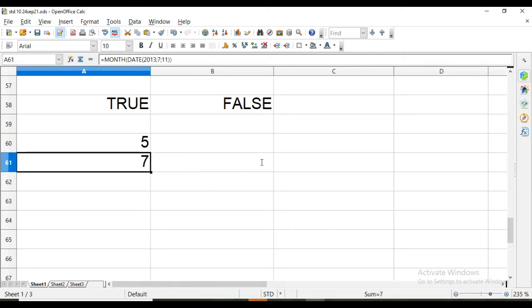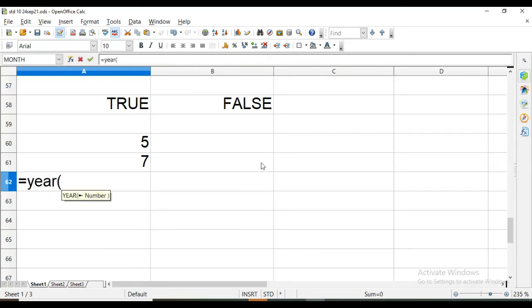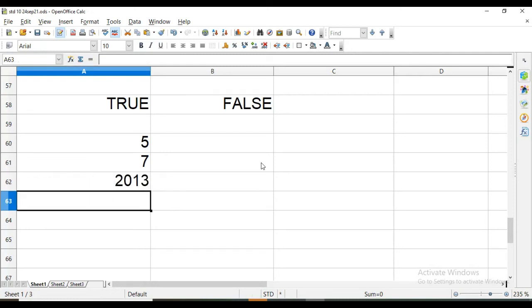This is month number 7. Then YEAR. This is WEEKDAY, this is MONTH, and this is the YEAR function. Same way, again the date has to be written here. So this is year 2013.